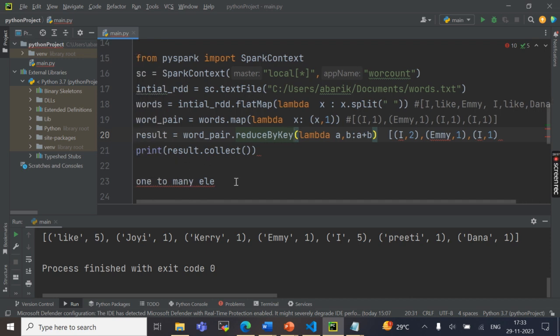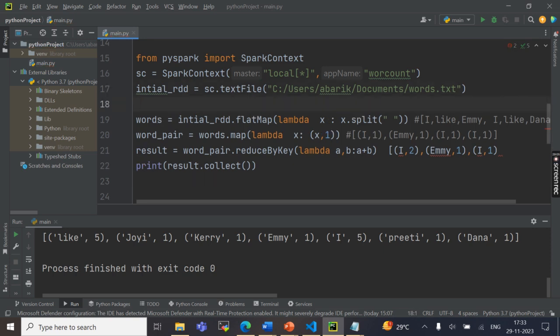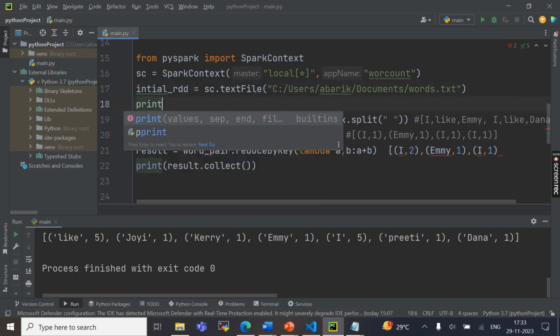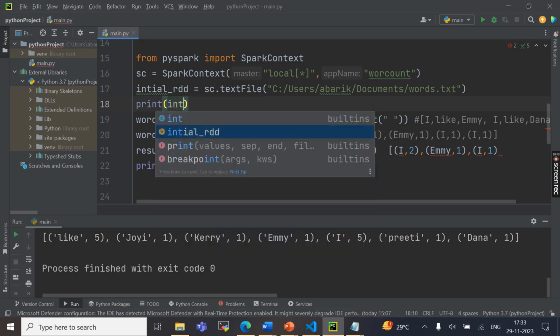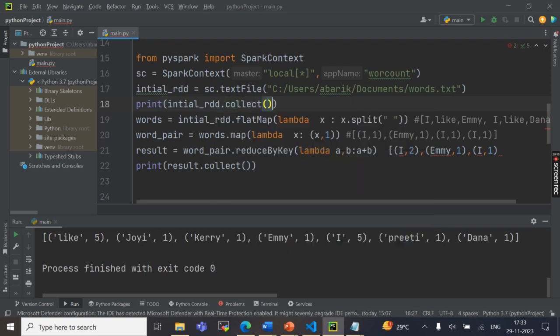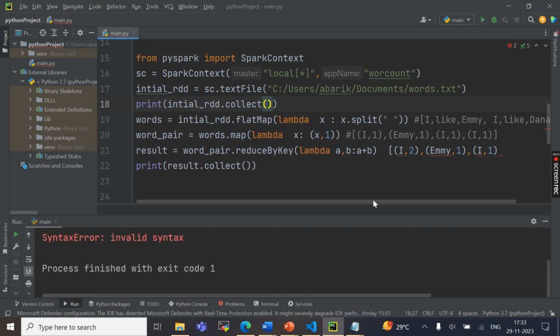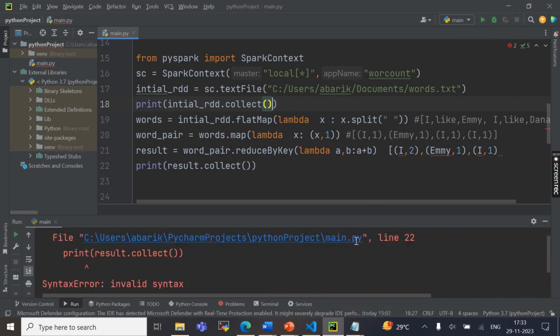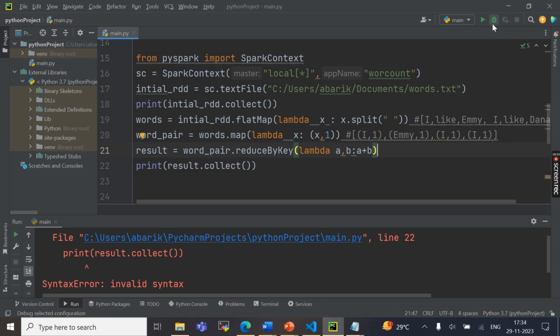Just write this function by yourself, okay, and try to play with it. Try to see what the type of the return is. You can try to print the initial RDD. Try to play with this code and try to understand what is going on. That's how I learned it. You get an invalid syntax error. Now if I run this,